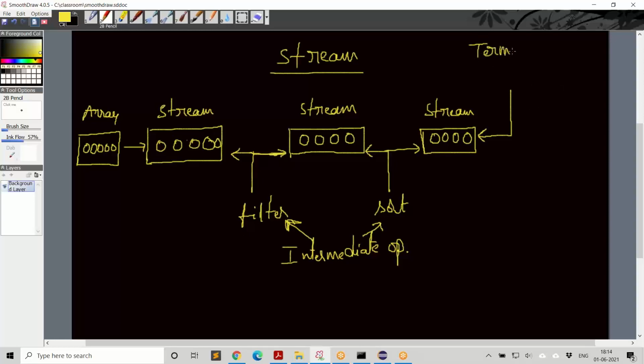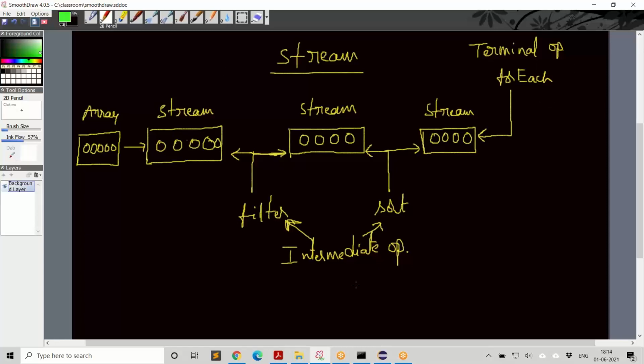So we are talking about terminal operation. The terminal operation might be something like consuming each element from the stream, forEach. forEach is saying it is going to consume each element of the stream. And what it does, it's up to you. It might print everything, or it might store it somewhere. It might do anything that is required. So it's a terminal operation.